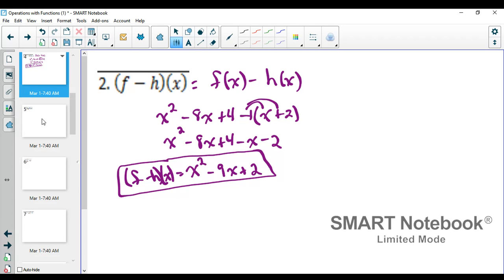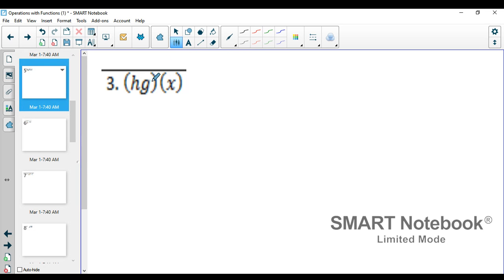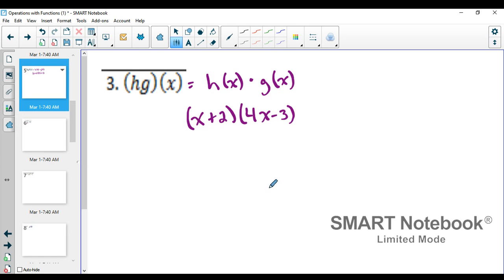Right, so for number 3, we have h g of x, which is the same as h of x times g of x. So h of x is x plus 2, and g of x is 4x minus 3. Now to multiply these, we just use what most people call FOIL. You can think of it as distributing twice. So let's do that. So we have x times 4x, which is 4x squared,